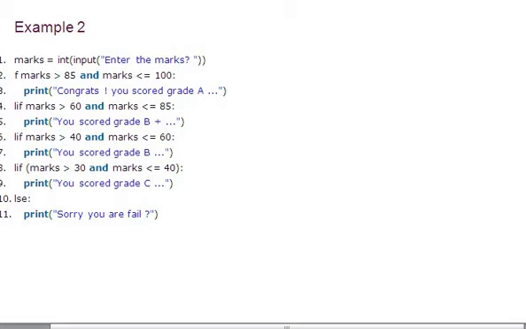So we have another simple program. The I in if is missing there, check it out. If marks greater than 85 and marks less than or equal to 100, print A grade. The E in elif is also missing, there are some typing mistakes there. Elif marks above 60 and less than or equal to 85, print D plus and so on. Look at line number 2, 4, 6 and 8. In line number 2 the I is missing, and in line numbers 4, 6 and 8 the E is missing, and line number 10 also has the E missing.